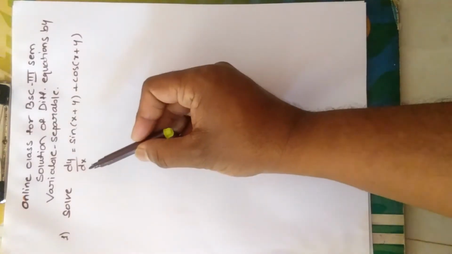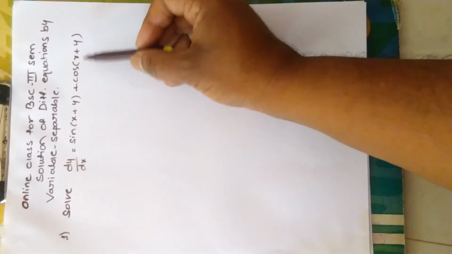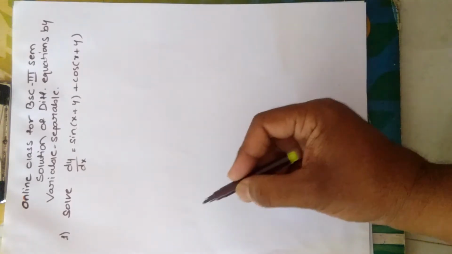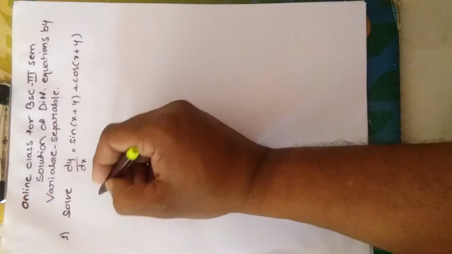So in the last class we have solved some problems on the variable separable method. Today also we solve some more problems on the variable separable method. Okay, so here the problem is: solve dy/dx = sin(x + y) + cos(x + y). So in this type we make some assumption, that is